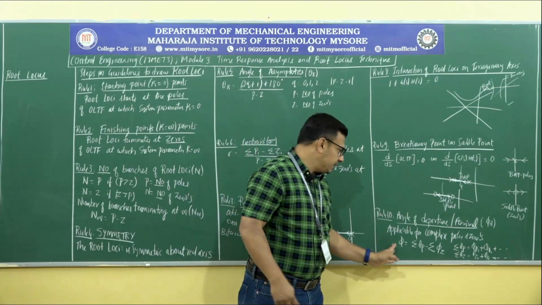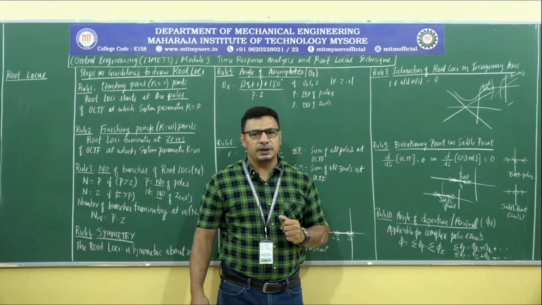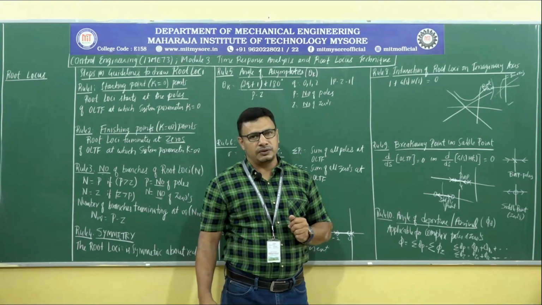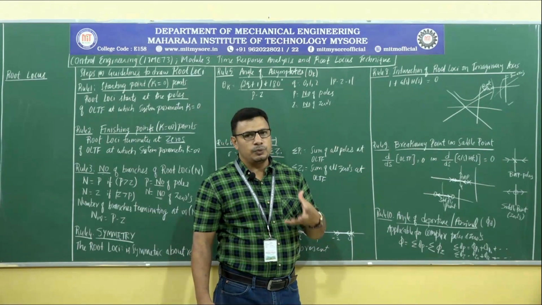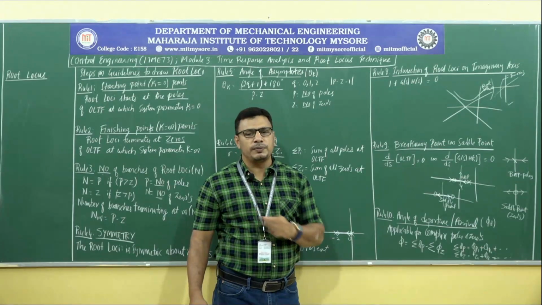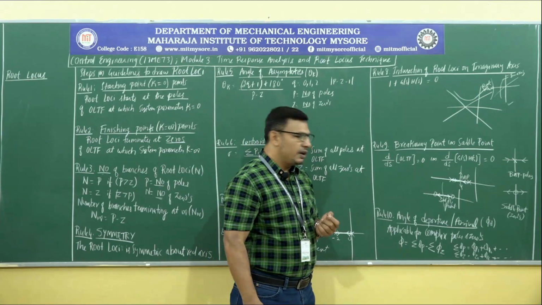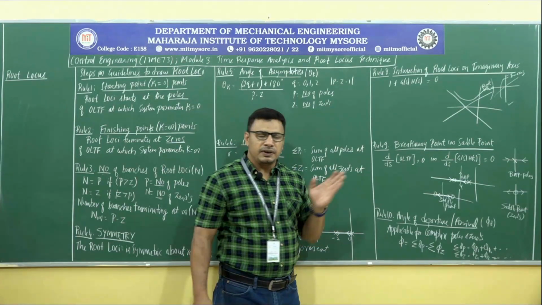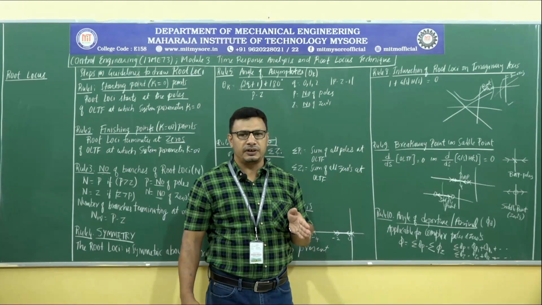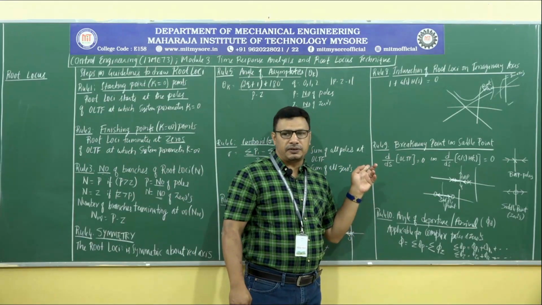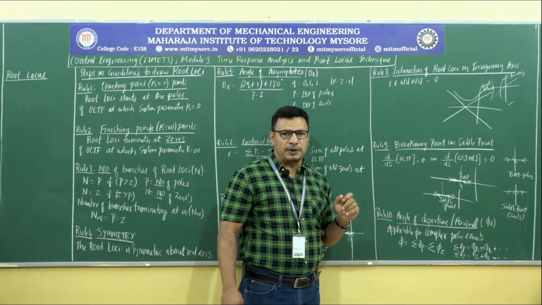Then lastly, suppose we are given complex poles or zeros like S plus 2 plus 2j, S plus 2 minus 2j. So, 2 plus 2j and 2 minus 2j are complex poles or complex zeros. In such a case, whenever there are complex poles, they cannot be marked on the x-axis or y-axis, or real axis or imaginary axis, straight away. They must be marked in space, either in the first quadrant or second quadrant or so. So such poles are called complex poles.